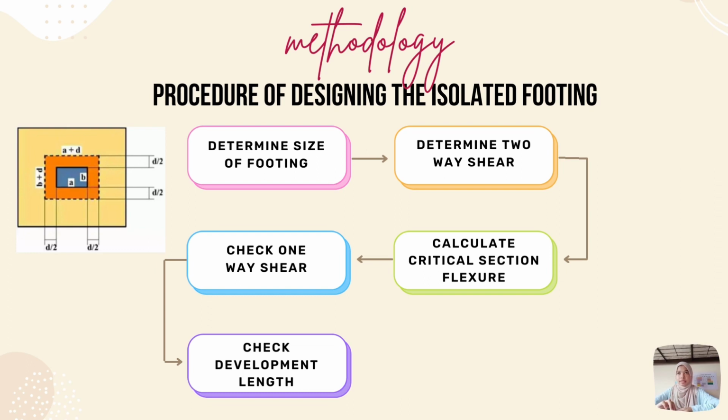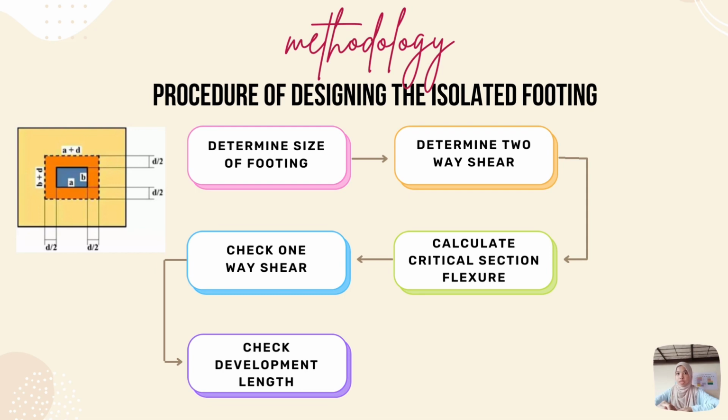When designing safe footing, the PMAX must be lower than the bearing capacity of soil. If not, we need to revise the size of footing. Next step is determine the two-way shear. The cross section for two-way shear occurs at the distance of T per 2 from the column face. If punching shear stress is less than the allowable shear stress, the thickness assumed can withstand the punching shear